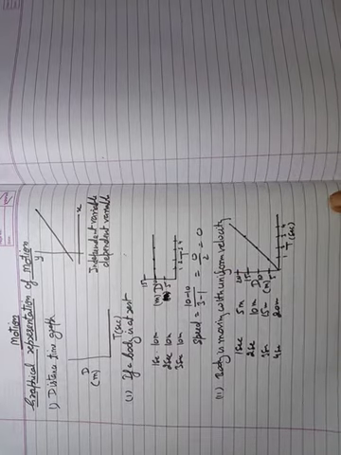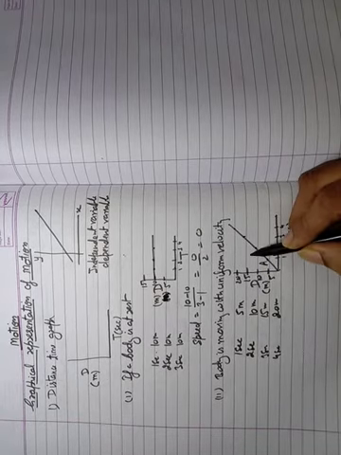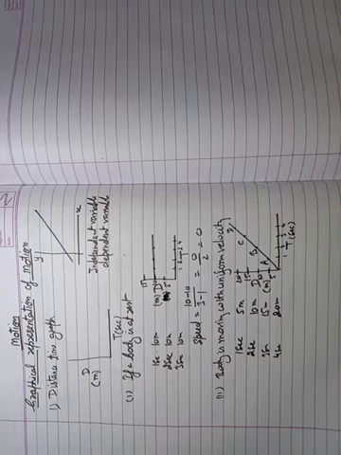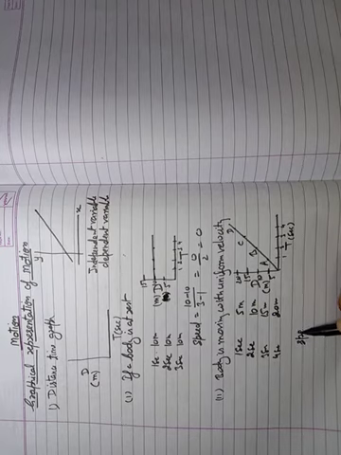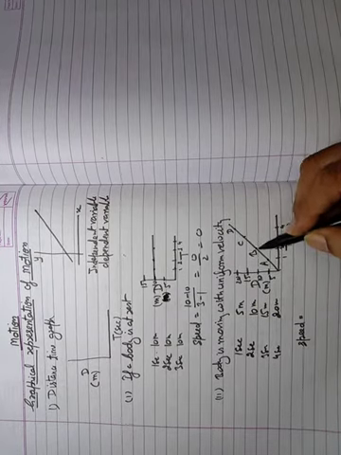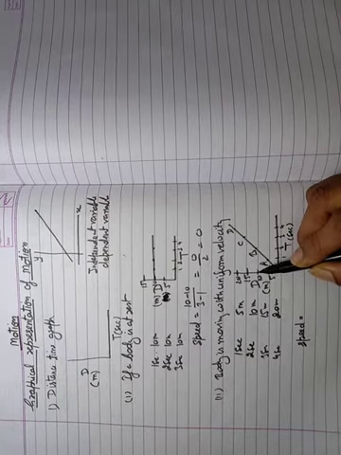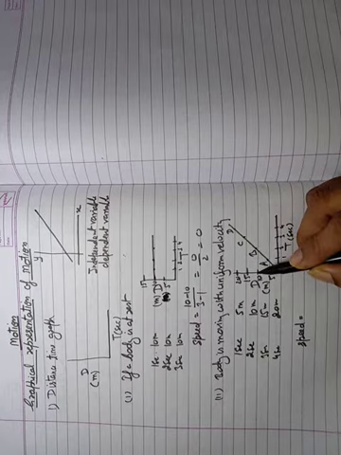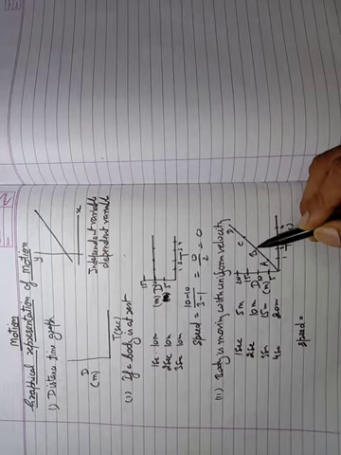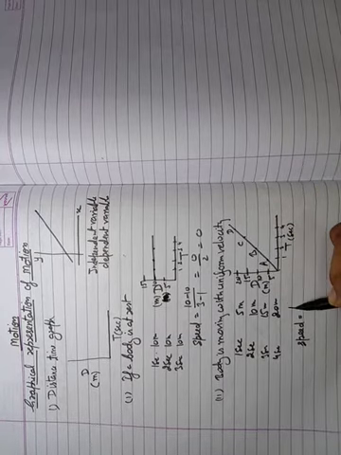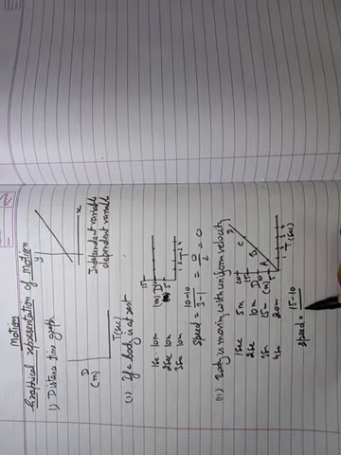If you want to find the speed of the moving body, in this case, suppose these are the points A, B, C and D. If you want to find the speed of the body from B to C, what should you do? We know that speed is equal to distance upon time. So from B to C, how much distance does he cover? He is at 10 meter and after 1 second he is at 15 meter. It means the distance covered by him from B to C is 15 minus 10, upon the time, which is how much? 3 minus 2.